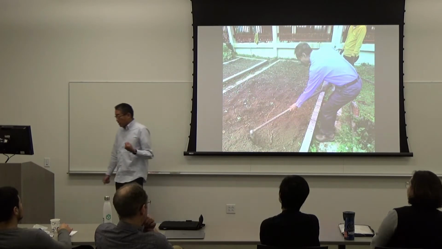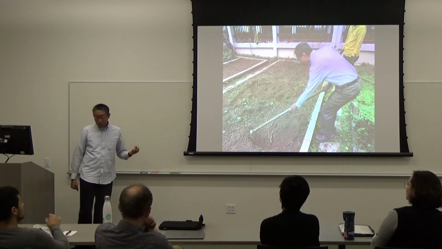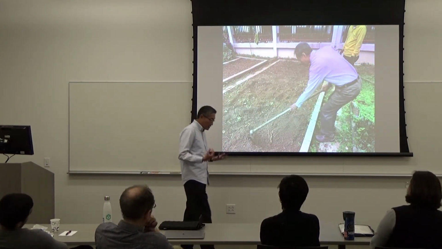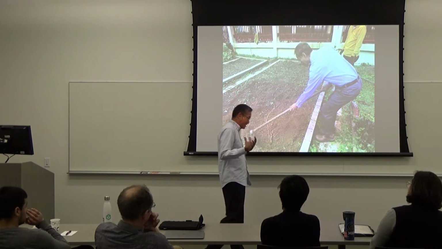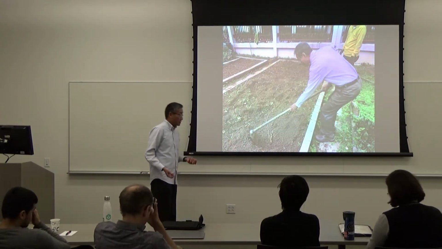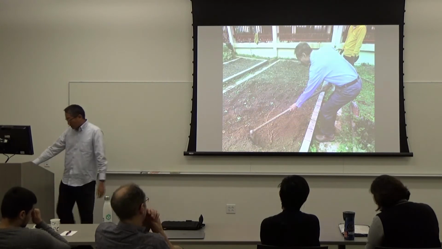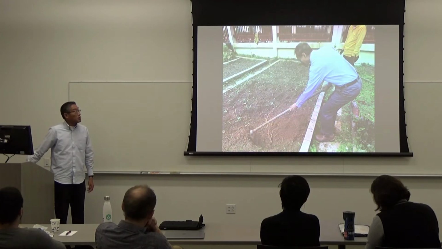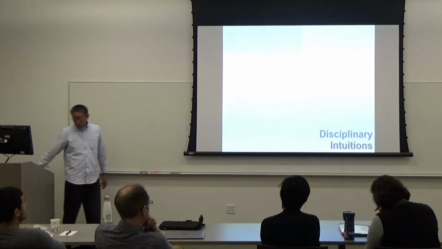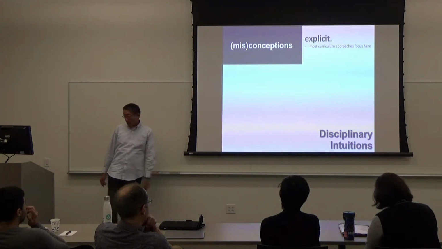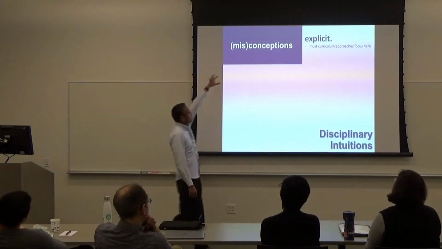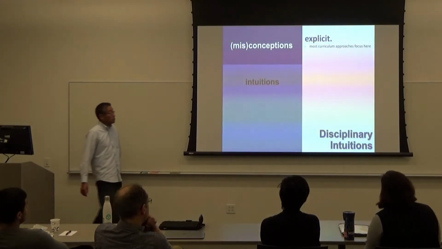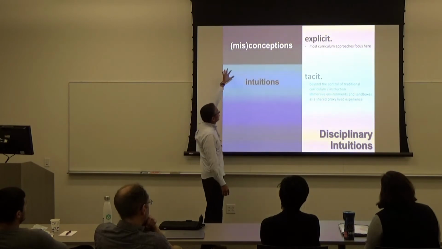So I found this to be very inspirational because he wasn't doing this to make a show of things. He was simply doing this because as a leader, as a teacher, he just felt moved to help the gardener. And it also encapsulates the spirit of, if you want to weed properly, you need to make sure you get the roots. So how does this relate to this diagram? Well, what are the roots of misconceptions? Because you're familiar with Andy's work, so we see the roots of misconceptions as